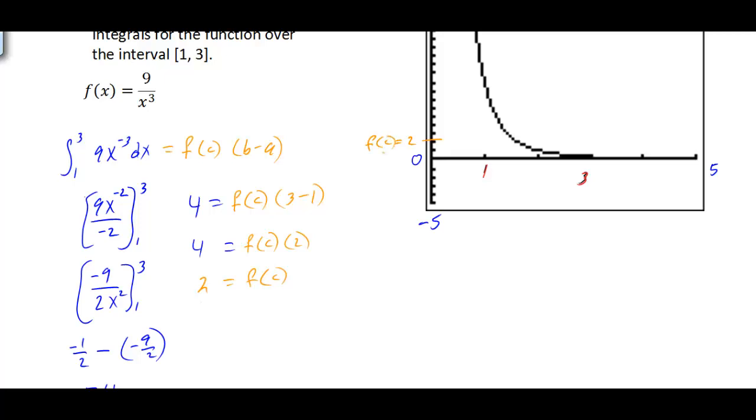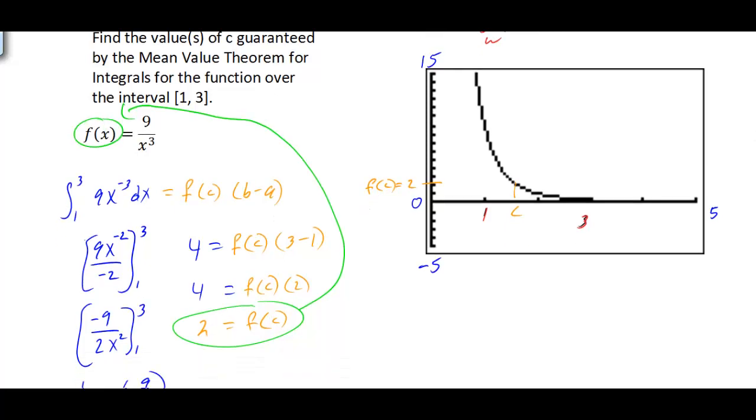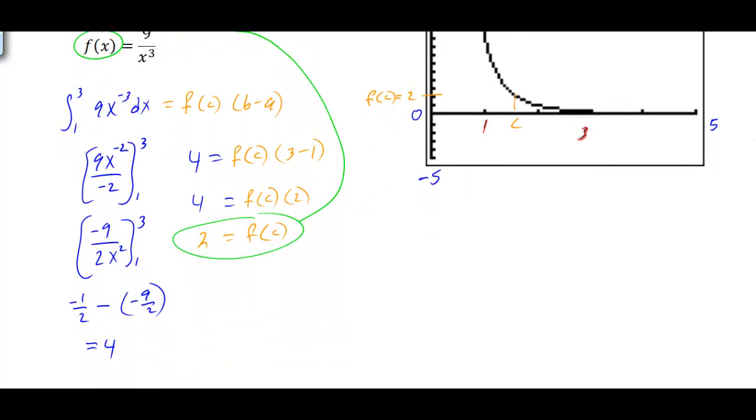And we want to know then, what is the x value? Now, for example, we want to find what is the x value. So what is the c value occurring? If we take this, f of c is just our y, and we plug that into the original function. F of c is the y, so y equals 2, so we're going to plug that in here for the f of x. So therefore, we would end up with